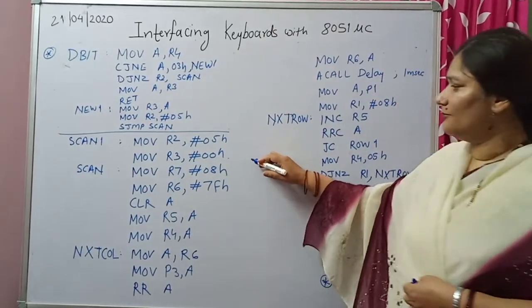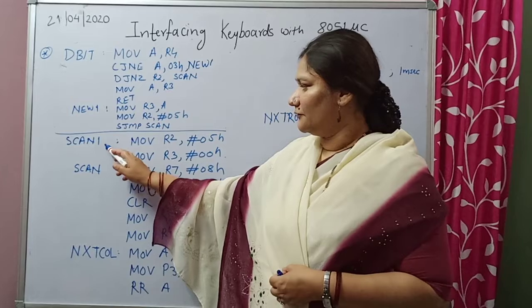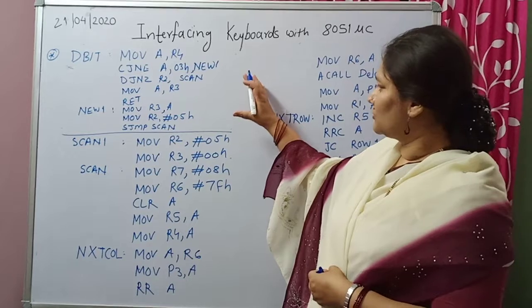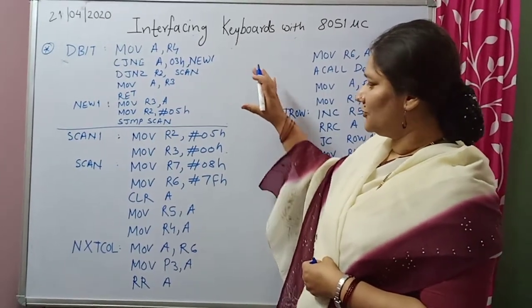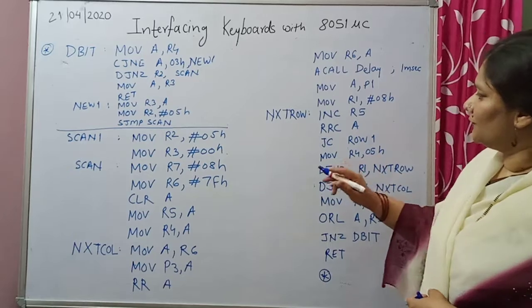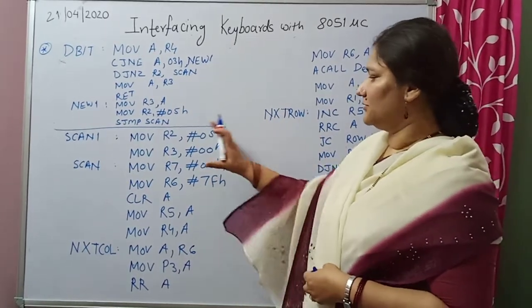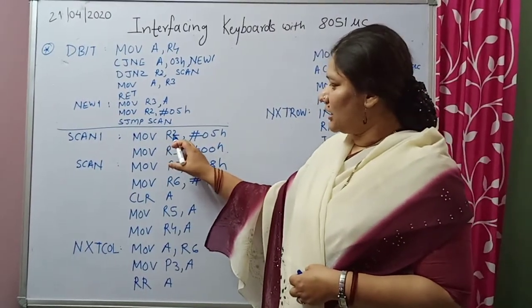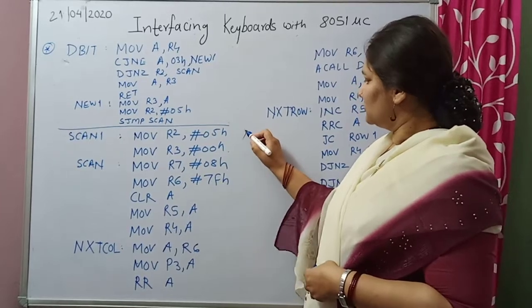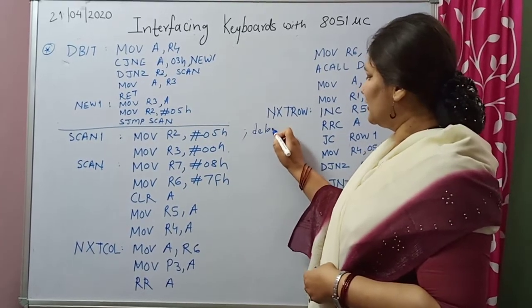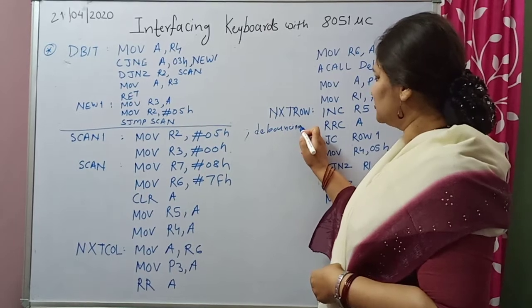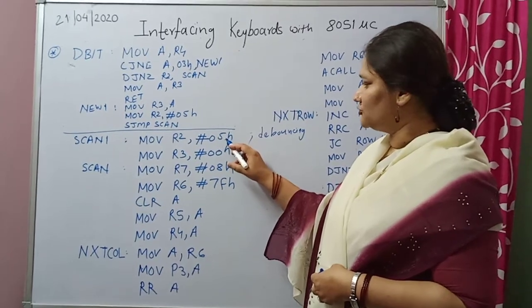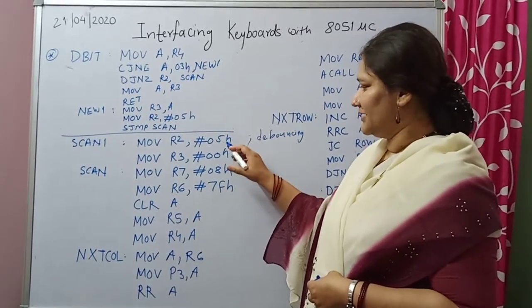So we'll continue our program from this instruction scan 1. We have already assigned the counters or the nomenclatures to R1 to R7, wherein we have taken R1 for row counter, R7 for column counter and other registers, as I explained in my last class. Out of which we are taking R2, we are moving 5. This is for debouncing. In R2 register, we have taken the count for debouncing because we have to wait for some debounce period if the key is found to be pressed.